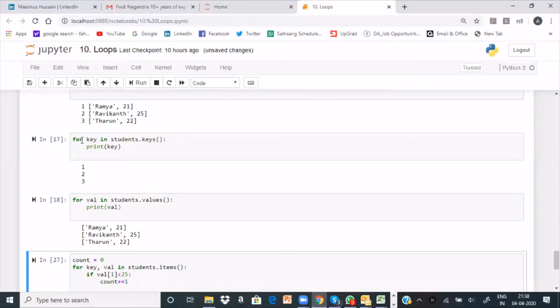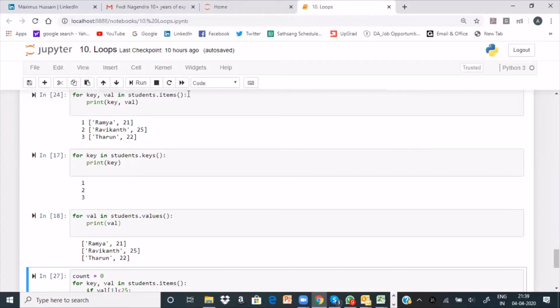Earlier in this example, I have used for key comma value. Here I am simply using key. Here I am simply using value. These are all the facilities given to you with respect to your for loop. It's up to you how you want to deal with it.